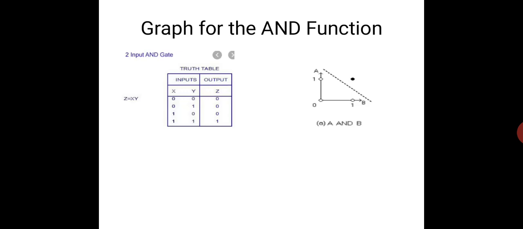Now this is the graph for the AND function. Here are two inputs x and y and the output is z. First of all, we need to plot a graph by using this truth table. You can see on the side, here is the AND graph, the dark dot showing the positive case and the bubble showing the negative one. And here I am able to separate these two classes. So the AND function is linearly separable in the case of the McCulloch-Pitts model.